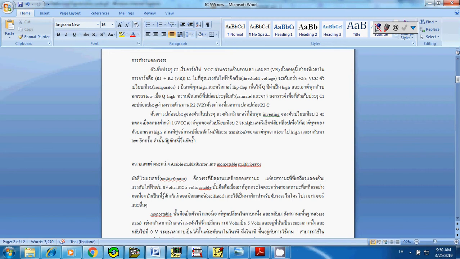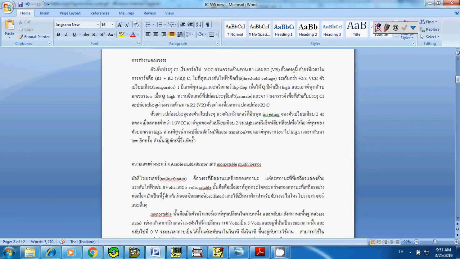And then the time constant to charge is the total resistance multiplied by capacitance, and total resistance is of course R1 plus R2. Finally, the threshold voltage will increase to more than 2/3 VCC, or supply voltage, and then cause the comparator to have output high, and will trigger the flip-flop to have output high, and the timer